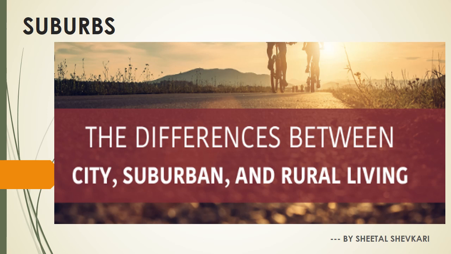Today in these slides we are going to study the difference between city, rural and suburban. Okay. Now what is a city area? A city area is a well developed area where we have all the infrastructure and amenities, and all those things are very good. And what are the rural areas? Most probably it is a developing area, it is not mostly developed.